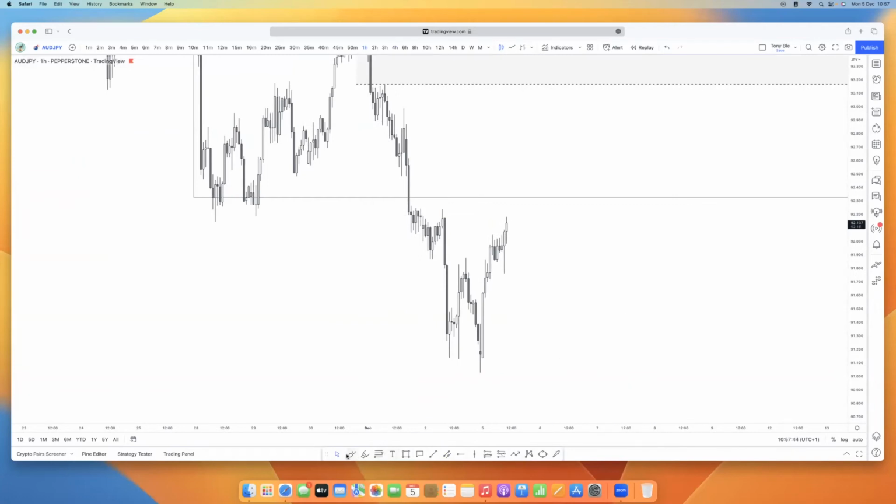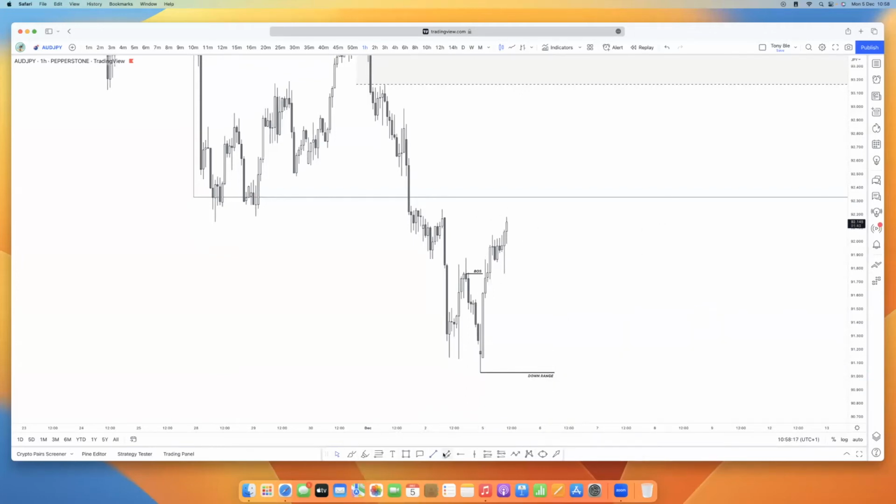Then we have structure shift already, low, high, low. And then we have what? This. So it's already creating some kind of equal highs. It makes sense if they leave it and then start to distribute, come down and then push to go up. Okay. Yes. So we have breaker structure. Yeah. We have our down range in this area.